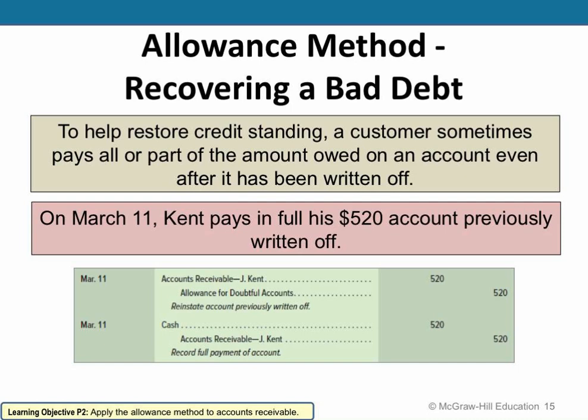So the customer might also tell us, hey, you didn't know who wasn't going to pay, guess what, it's me that's not going to pay. And then if they do have a way to pay later, they may still provide that cash. So if for some reason in this example Kent were to still pay after telling us that they were not able to pay, what we would do is reverse the write-off. So we would debit accounts receivable back and then credit the allowance for doubtful accounts back. So going from the column on the right-hand side back to the column on the left-hand side,